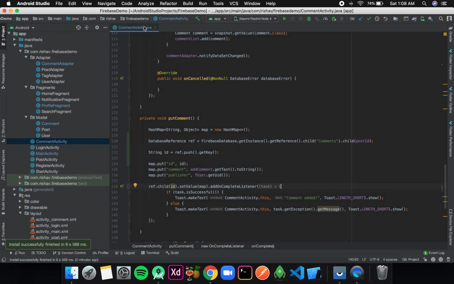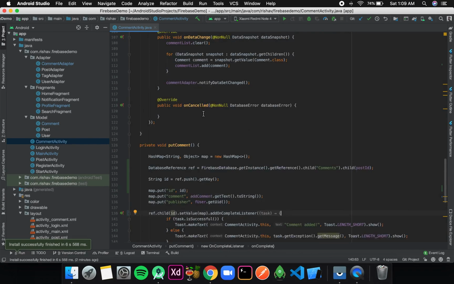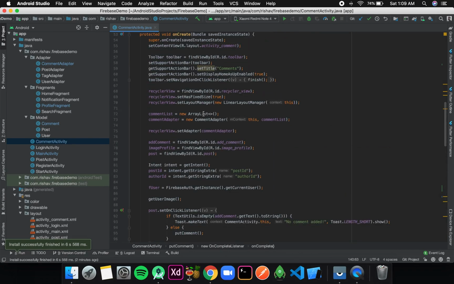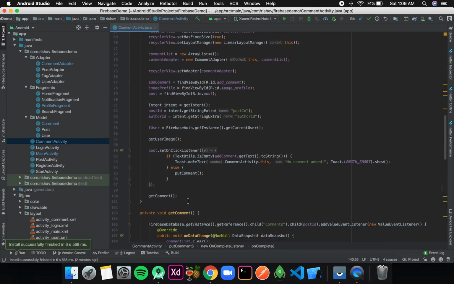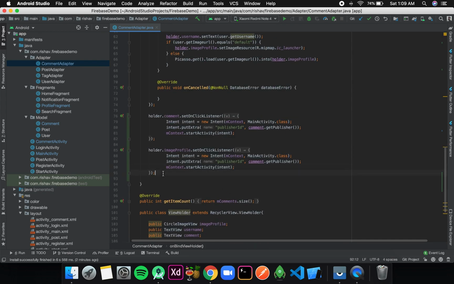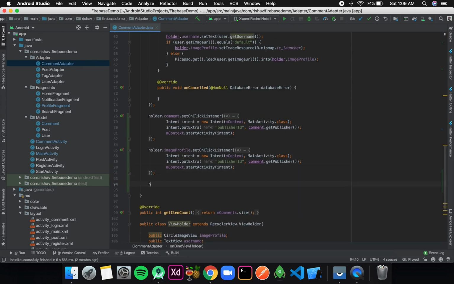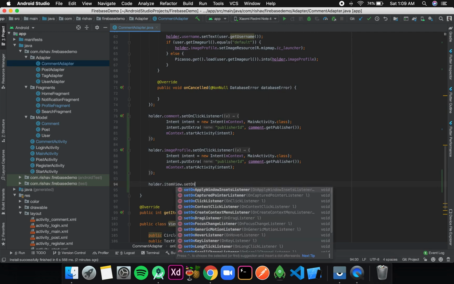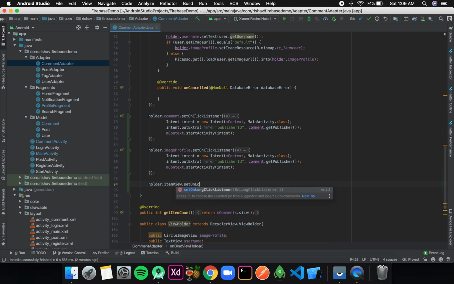Back in our comment activity, in our on create, over here I'll write, not in comment activity but in comment adapter, I guess. Yes. So over here I'll write holder dot item view dot set on long click listener, new on long click listener.